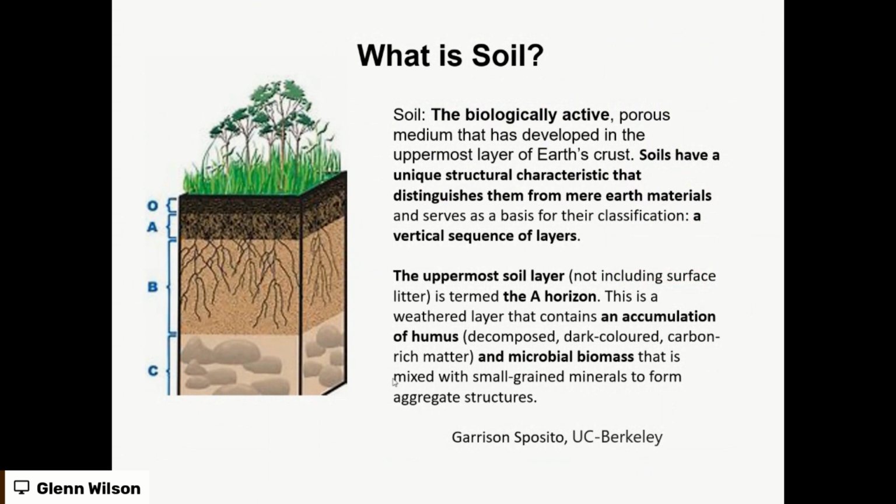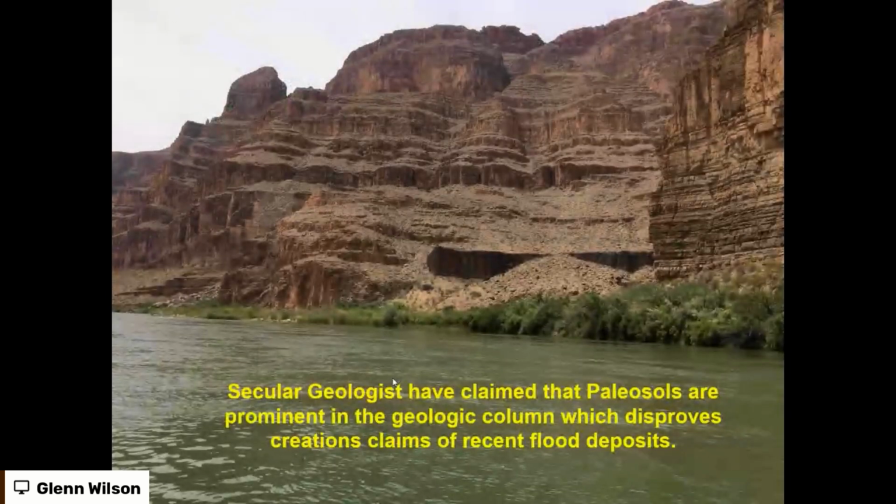And then you get a B layer, which is a weathered layer where there's been some translocation of clays and such, or a removal of the clays. And then you get down to a C horizon, which is your parent material that it's supposedly developed from. So what I wanted to talk about was, we've mentioned before, when you look at the layers, whether you're